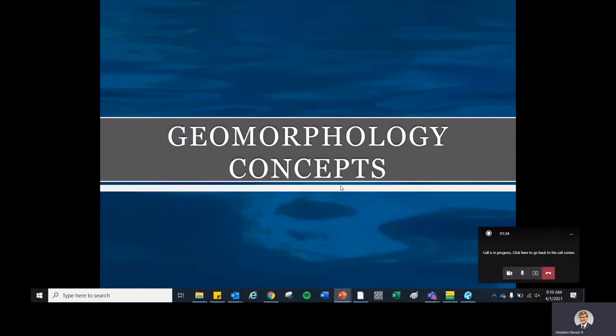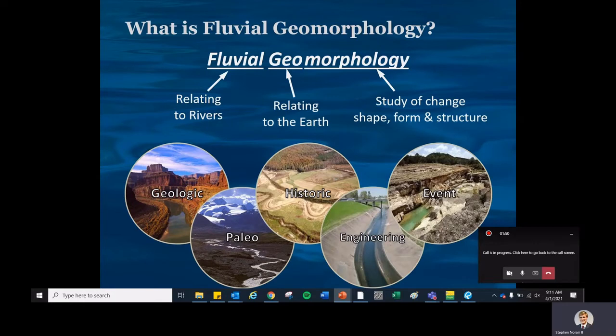All right, thanks, Keith. As he mentioned earlier, I'm Stephen Norrell, and I'm a geomorphologist with Freeze & Nichols, and I'm going to be going through a couple of geomorphology concepts that we use to inform design and prevent erosion. So you might have seen a fluvial geomorphology talk before. Just go over it real quick. What is fluvial geomorphology? Well, it is how rivers change over time. That's the textbook definition. Fluvial meaning river, geomorphology meaning changing of the earth. And so these changes happen